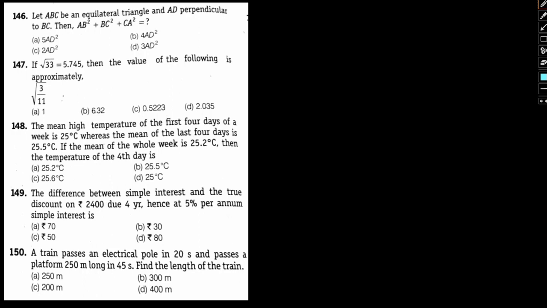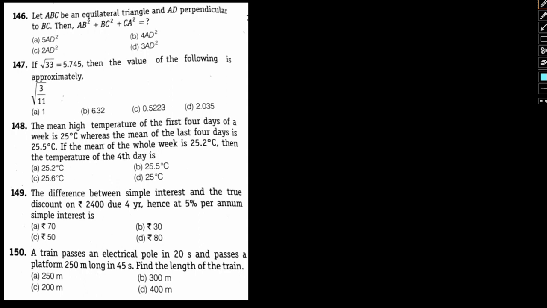So in this video again we'll be continuing our discussion with respect to the questions pertaining to the SSC CHSL 2015 paper, and what we'll try to do is understand the kind of questions that have been asked in the quantitative aptitude section particularly. We'll take a look at the questions that are asked and also try to identify the right approach towards tackling these questions in general, so that whenever we come across this kind of question further down the line in an examination we are easily able to solve the same. Okay, so with that all being said, let's dive deep into the questions in front of us.